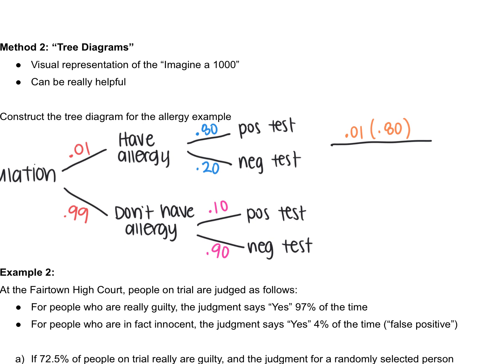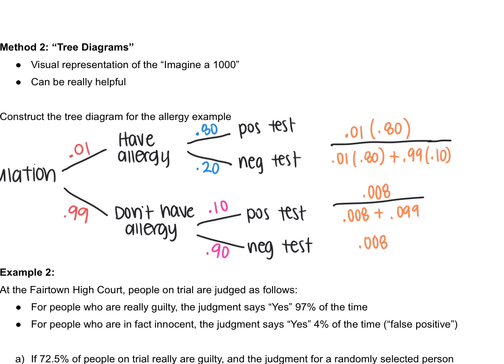So there's two instances that you test positive. That's you have the allergy and you tested positive, so 0.01 times 0.80. Or it could be that you don't have the allergy and tested positive, so 0.99 times 0.10. So my denominator has to account for the false positives as well. So in our numerator, 0.01 times 0.80 is 0.008. And then in the denominator, we get 0.008 plus 0.099, which is going to give us